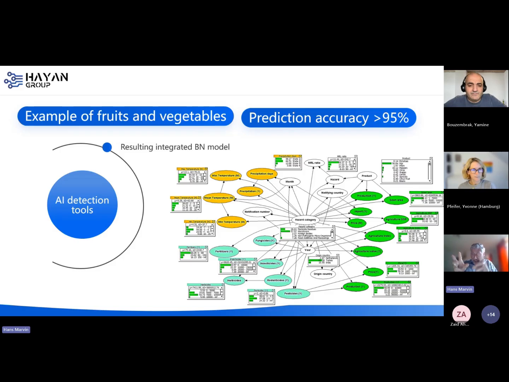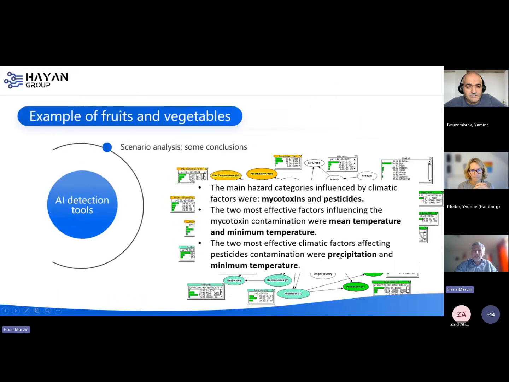Because everything is interconnected. In the study, which has been published, a lot of these scenarios were tested, and I have only taken out a couple of them,